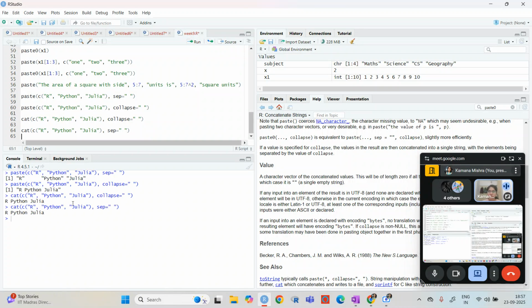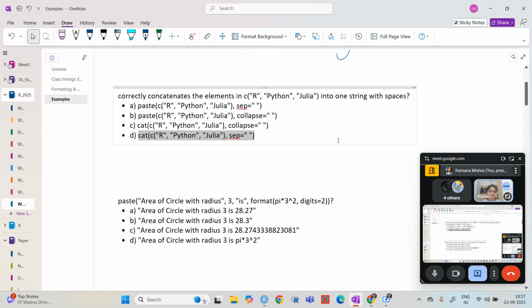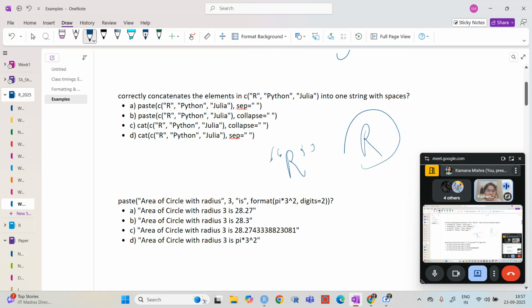Okay, so you can see that the elements of this are, whenever we have, so the first element of this is basically this, right? So the first element is not inverted comma r, because it is a correct vector with the character strings, right?